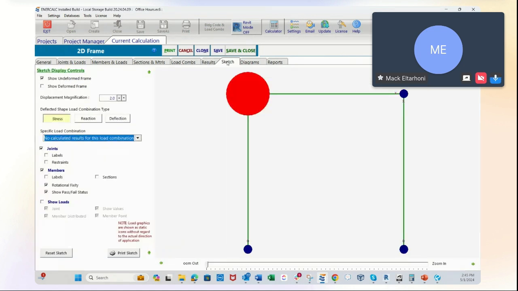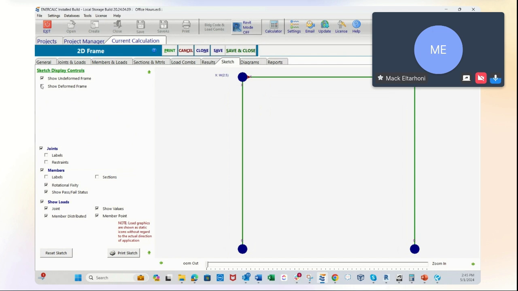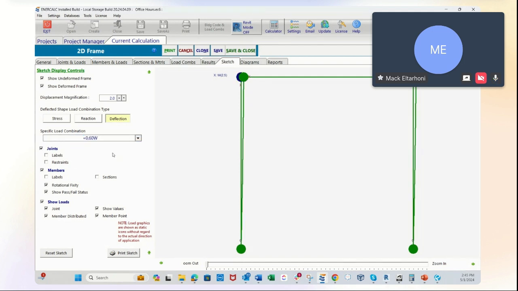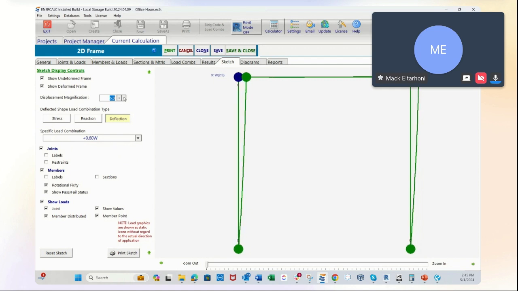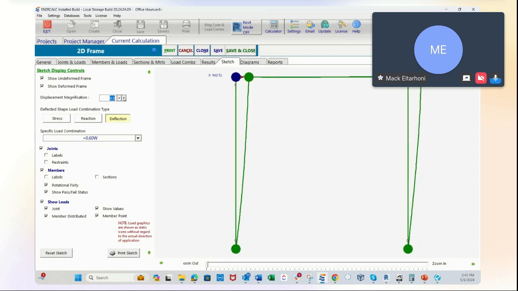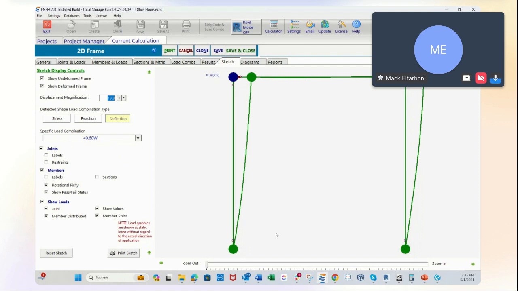So what we engineers have to do, whenever we're working with something like this, is look at the deflected shape and see, okay, this looks right or this doesn't look right, so we can have a better understanding of what we're doing and then go and adjust as needed. In this case, we can magnify this a little bit more so we can see the deflected shape better. You can see the bottom is allowed to rotate. This is your fixed, moment restrained connection, but at the bottom, it's not